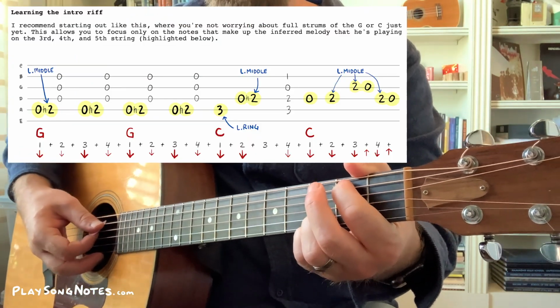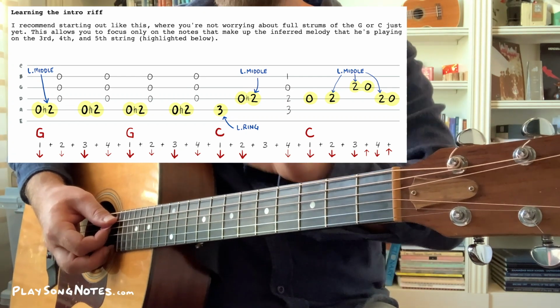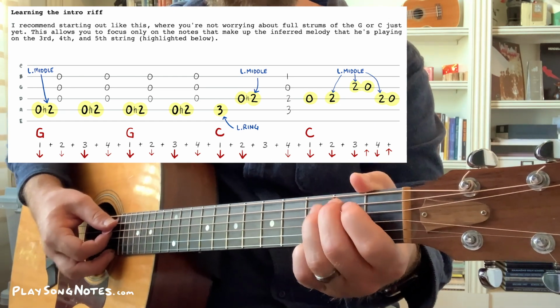Now here, the main goal, and we can make this even simpler than what I show. If you ignore everything that's not highlighted in yellow, then you would get,